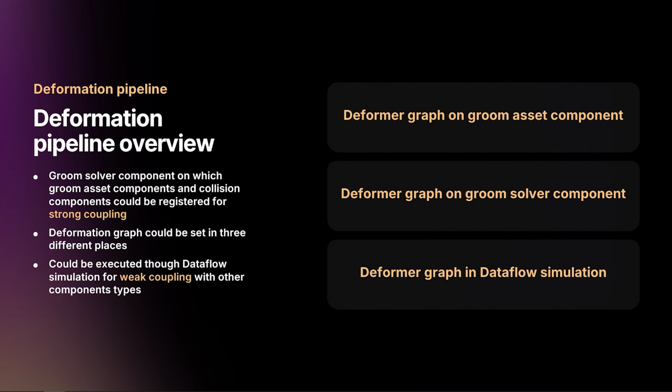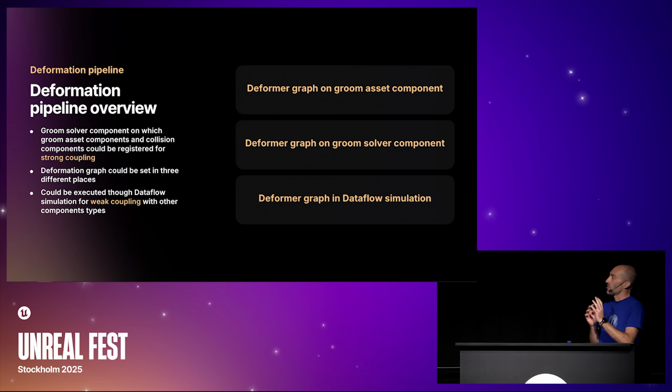I think we had some projects in the past where, for example, you had an asset with different components, and we wanted interaction between these Groom components, but it was not really possible because each component has its own solver, or its own deformers. It was not possible to have them in the same one, except by merging the Groom components into one to access all the data at the same time. So we wanted to change that to have a really strong coupling between those components